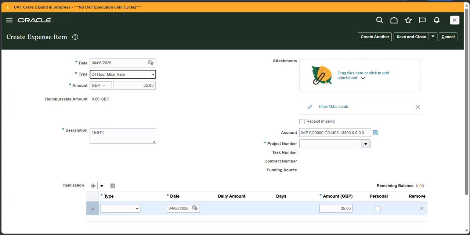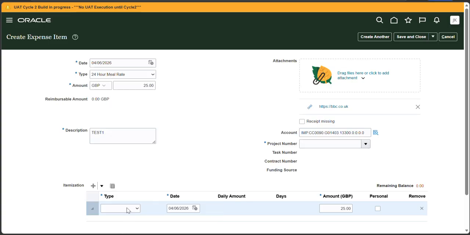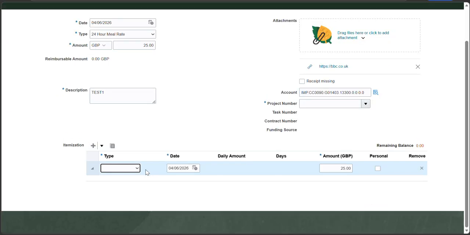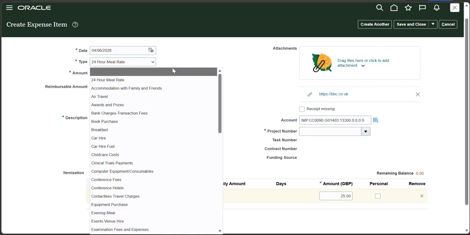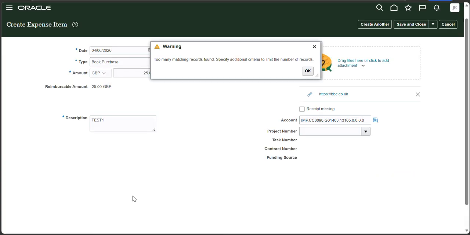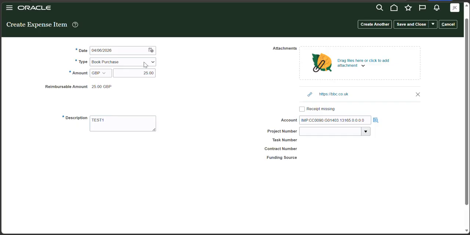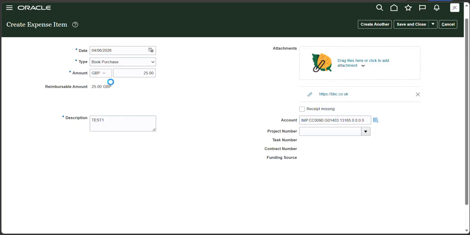So when we go to create an expense, based on the 24-hour meal rate type, when we go into type, the list of values available to us is limited. So for example, if I went for book purchase, I'm not getting the return that I want. If I went for 24-hour meal rate,